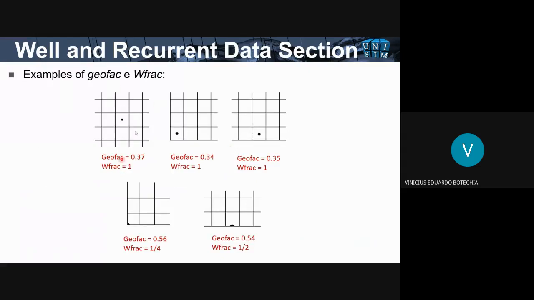Some examples of these two parameters, L-frac and W-frac. As I said, the values depend on the position of the well. If it's near the boundary of the reservoir, we avoid putting the well on the boundary, because the grid can change from model to model, and when you transfer the well between grids, you can have some problems.